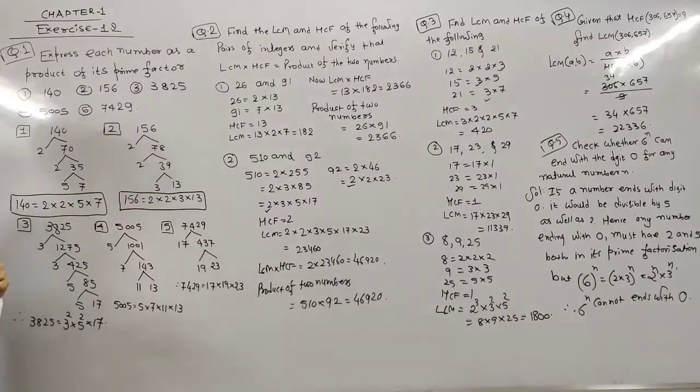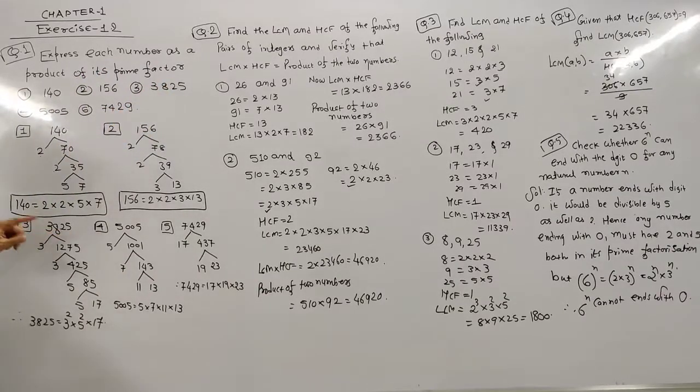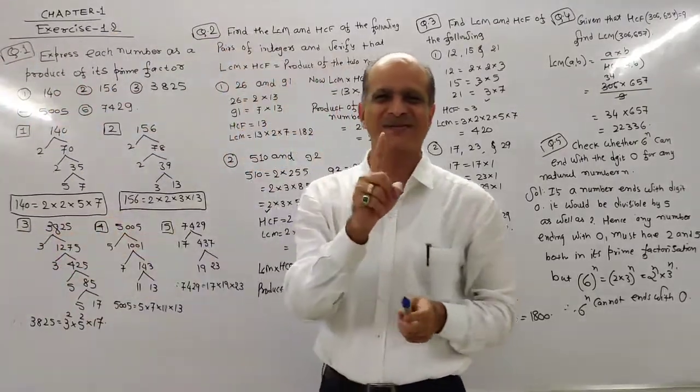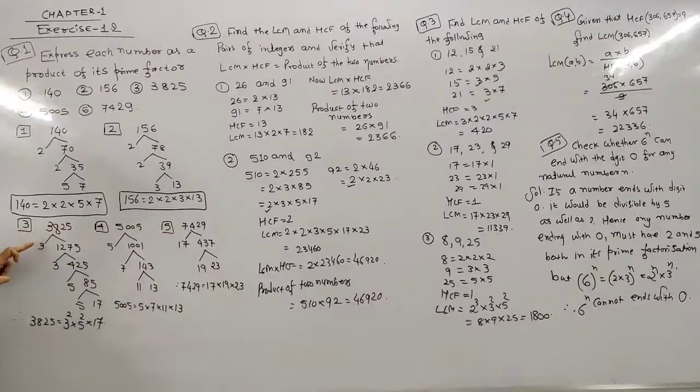Very simple example. Well, let me start the third one, that is 3825. Now you know 3 plus 8 is 11, plus 2 is 13, 13 plus 5 is 18. You know 18 is divisible by 3, and that's why this number is also divisible by 3. So let me divide this number by 3. When you divide by 3, 3 1s are 3, 3 2s are 6, 2, 2, 3 7s are 21, 1, 3 5s are 15. Now the last digit is 5, but 7 plus 3 is 10, plus 5 is 15, divisible by 3. So this number can be divided by 3.